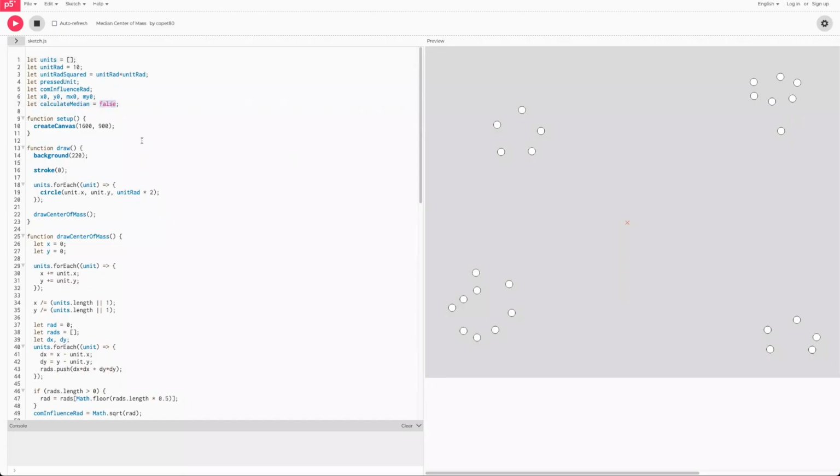Let's look at what it looks like if we change this to median. Let's say those are the units that we have, similar in number roughly to the previous one. But then if I have an anomaly here, it's still stable, because even if you put in an anomaly, the middle of the values is still roughly there. Let's put in 2, 3, still unchanged. But then as soon as I add more, it starts to move.